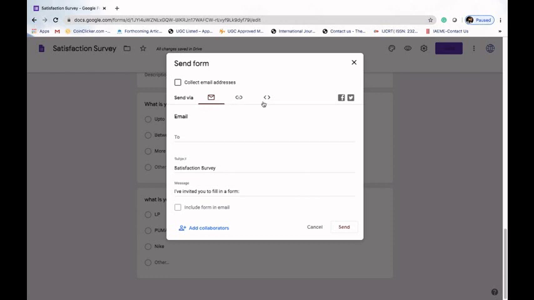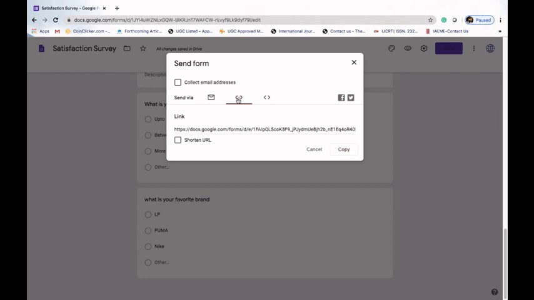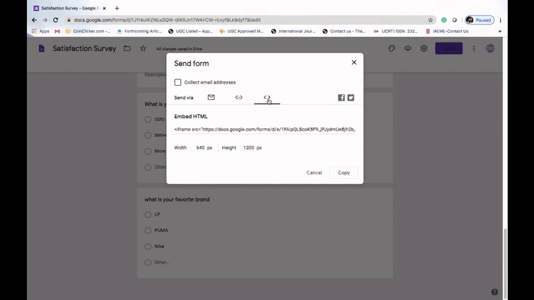There are three options available to us. First, we can send this form by mail, so we can write the email ID and send the form. We can also share this form by copying this URL. Since this is a long URL, we can shorten it, and now we can copy this URL and share it with our respondents, maybe by using WhatsApp or Telegram and other modes of communication. And we can also use this embedded HTML tag on our website